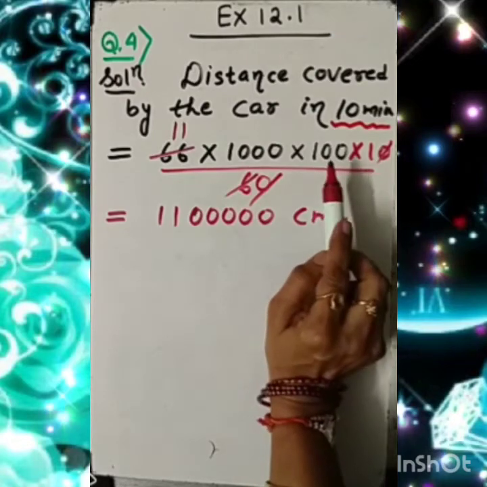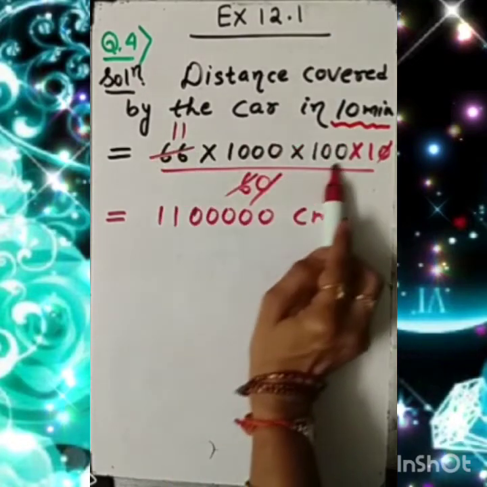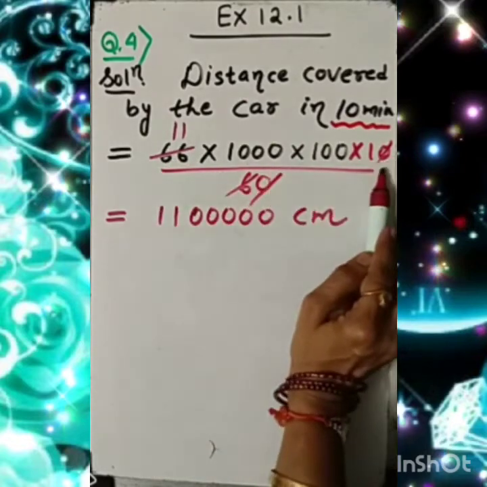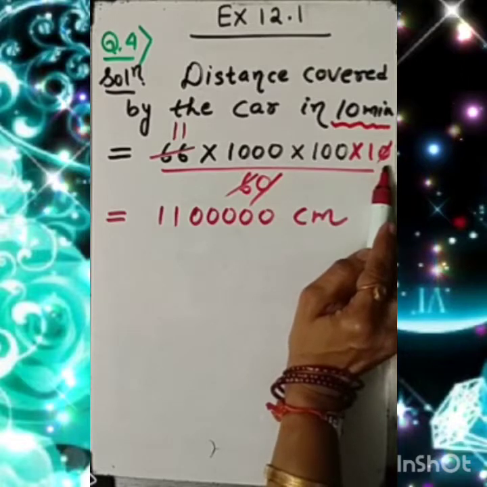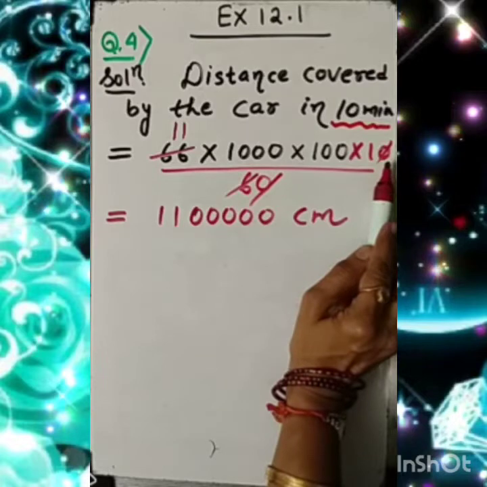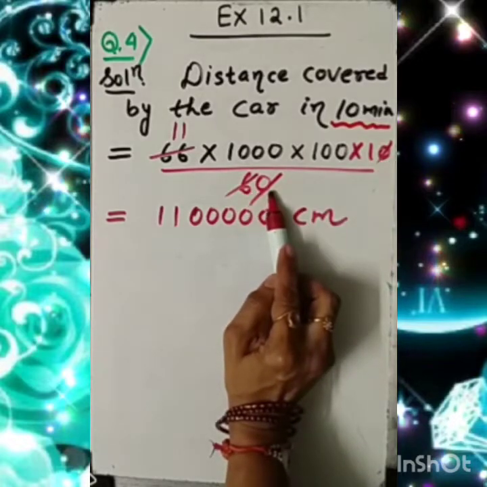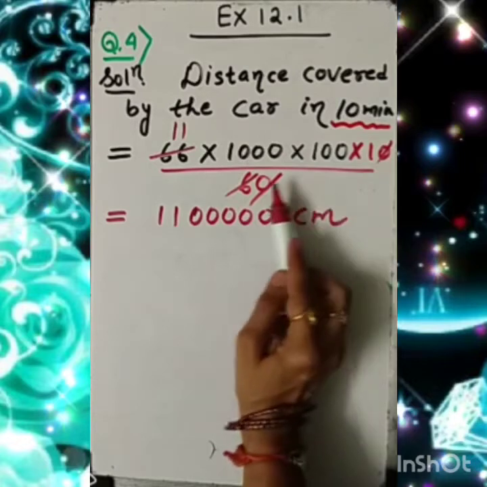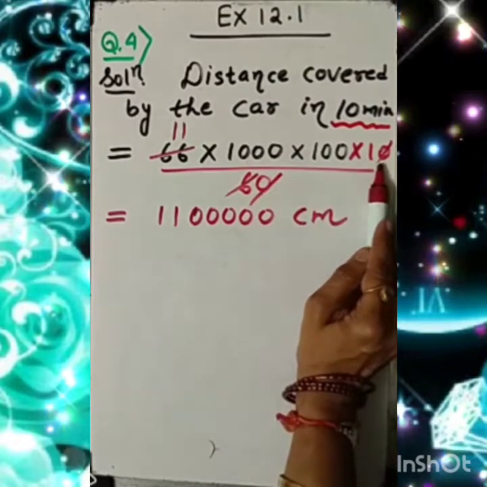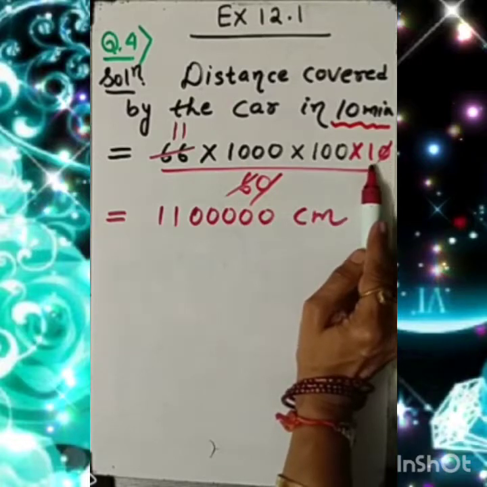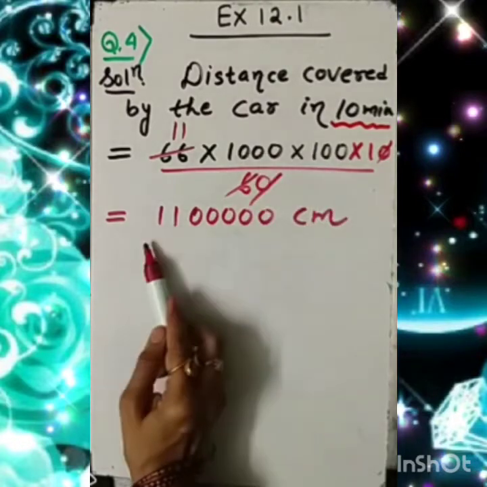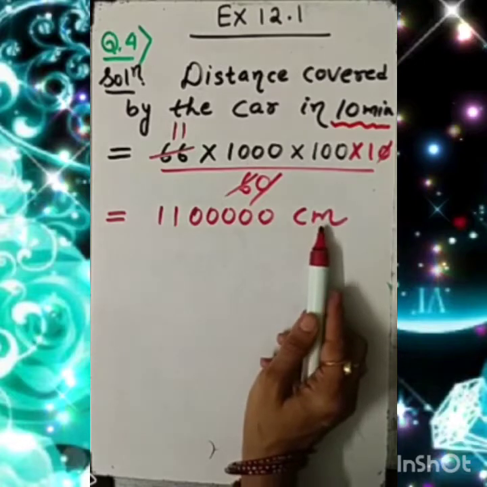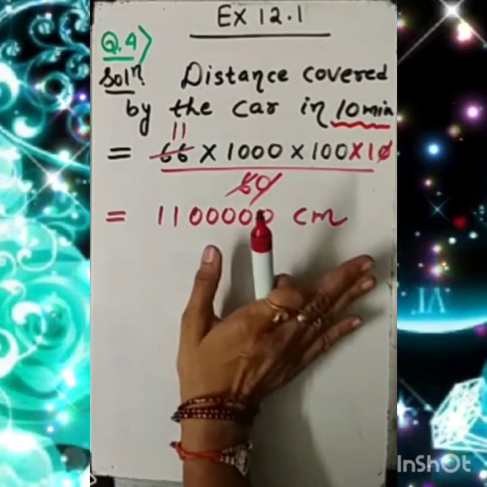Got it? Now actually this much portion is for 1 hour, but it is given for 10 minutes. So I am mentioning here it is 10 minutes. As the unit of time we are given in hours, so 10 by 60 is compulsory to mention. The reason is that you know very well 1 hour is 60 minutes. So here it is 10 minutes upon 60. The simplification gives this much of result, so let it be as it is. We are not touching it.